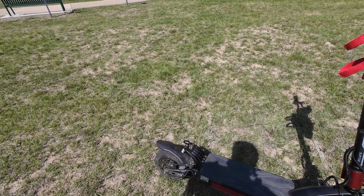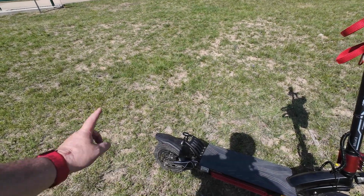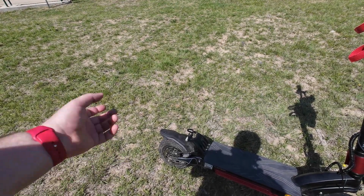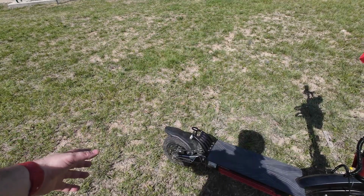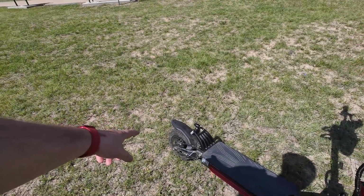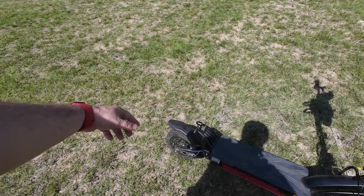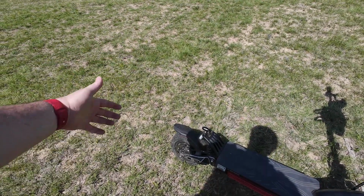And then I got tired of that sound bumping up in there, so I bought the hybrid tires. I only put the back one on, and let me tell you, trying to seat these things is not very easy, even more so than normal, because I've seen a lot of videos out there where they're struggling with it. I actually had to get bead sealant to put between the rim and the tire, so that way when I clamped it on with the rope and twisted it to get it to seat right,